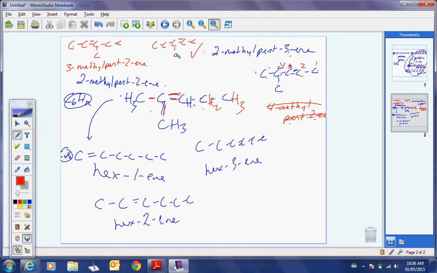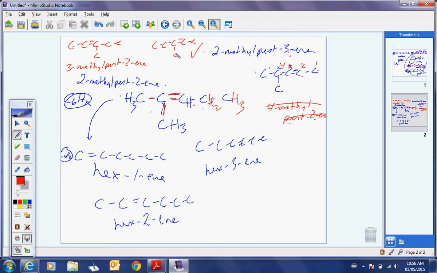So for a question like this, I wouldn't say draw every possible isomer. I might as a classroom exercise just to get your brain going. But in a test, I would say draw 3 possible isomers, or 3 branched isomers, or 3, okay? So then I'm only looking for you to come up with 3 different ones and not the same.